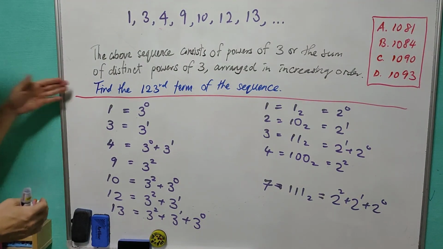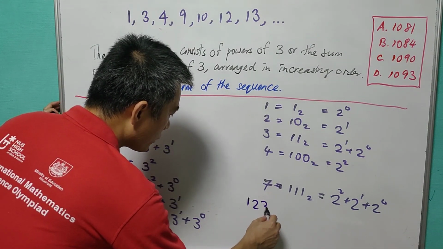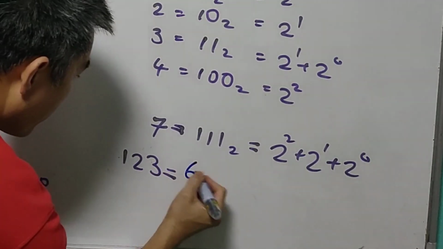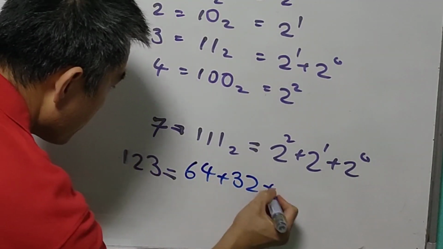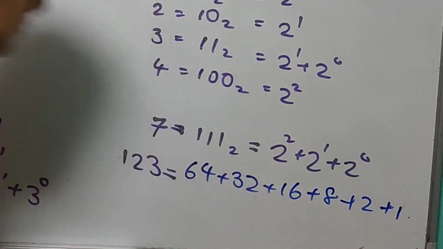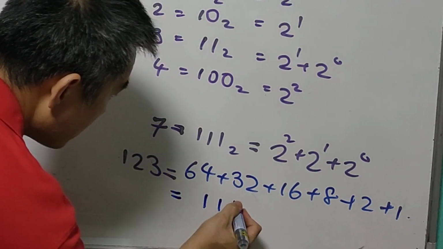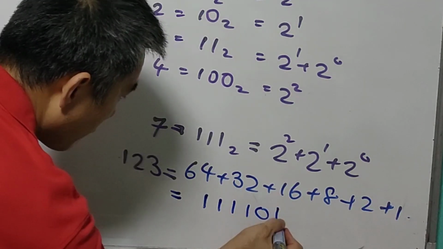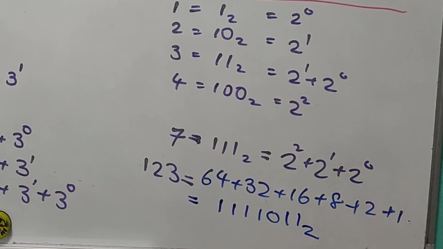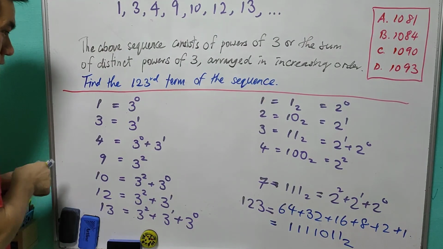So now this question can be solved easily by writing 123 in binary form. It is 64 plus 32 plus 16 plus 8 plus 2 plus 1. And therefore this is 1, 1, 1, 1, 0, 1, 1 base 2. And therefore the corresponding number that we have in this sequence should be